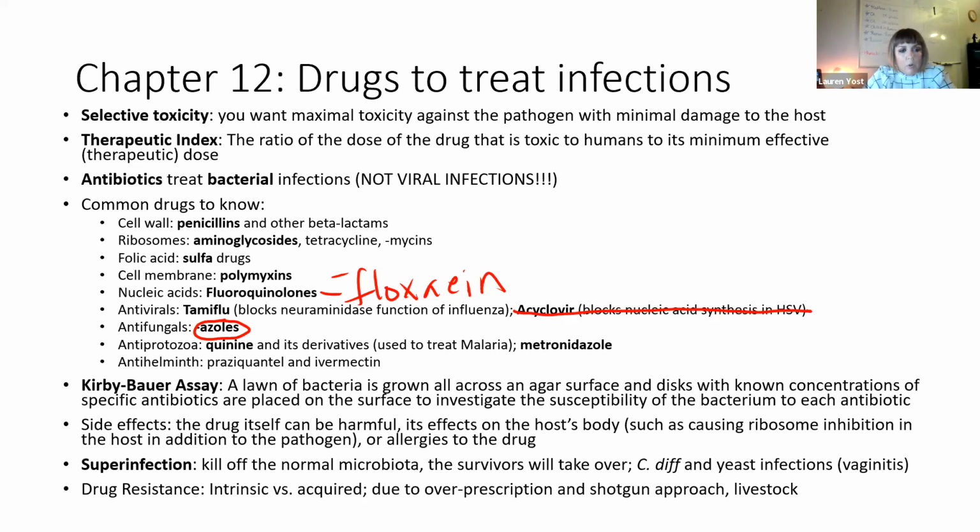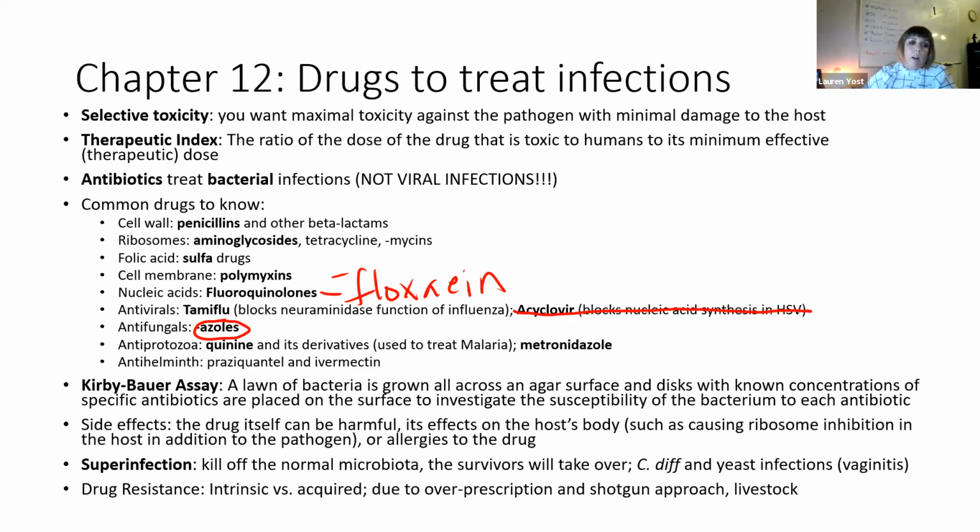All right, antiprotozoal treatment. Quinine was used for malaria. Now we use derivatives and not directly quinine. So chloroquine. So if it ends in quin, then it's malaria, okay? And then we have metronidazole, which is pretty widely used for antiprotozoal infection, and then also for anaerobic bacteria, just FYI. So metronidazole is a useful one. And then anti-helminth treatments, we did go over some of those specifically, but that includes praziquantel and ivermectin, very commonly